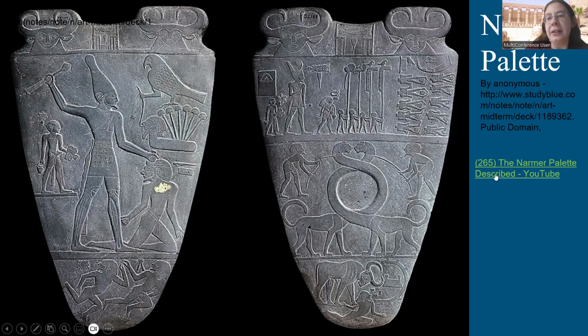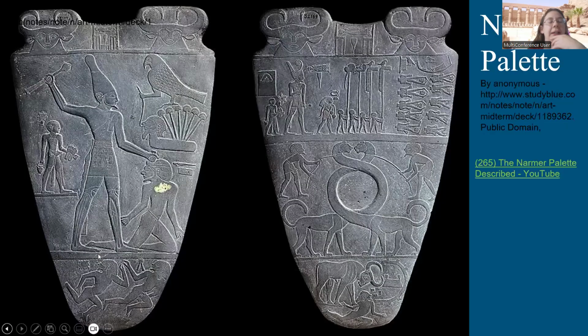So this is a link that is in the description box that goes into more depth of what each of these individual scenes may be telling you. And so I've put that there if you want to dive more deeply into it, but I at least wanted to mention this object and some of the things that it's most well known for, because it is one of those really important objects that is tied up with the emergence of the Egyptian state in some way.